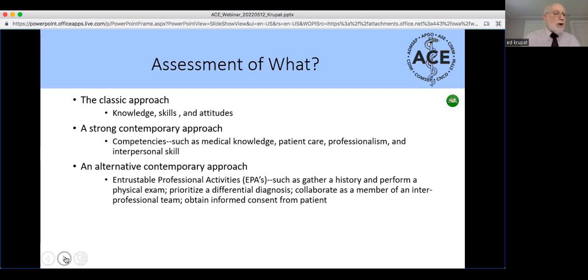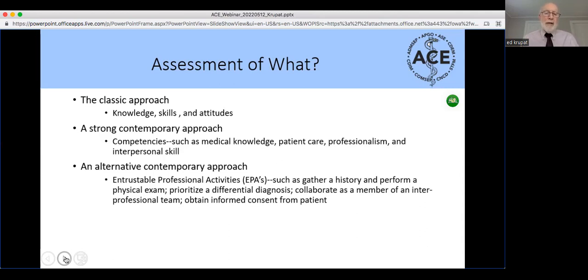So let's talk about characteristics and attributes and skills of physicians that get us into a way that's more specific and direct in terms of assessment. So CBME, competency-based medical education, has become the term that we all have come to embrace,